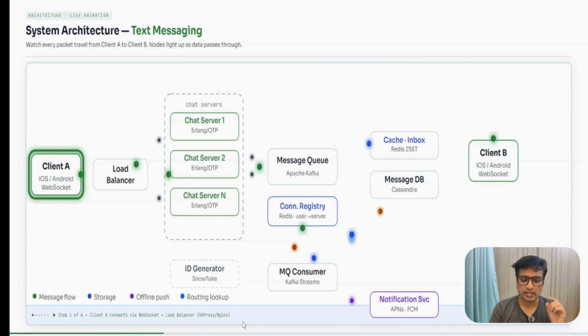This is the most important concept of this WhatsApp design. Why? Because I will be explaining how a message, when you send it from your mobile, reaches your friend's mobile, every component, how the message flows from your side to your friend's side. At the same time, I will explain what components are involved and what technologies are used to process those messages